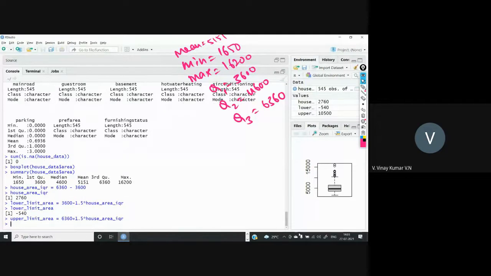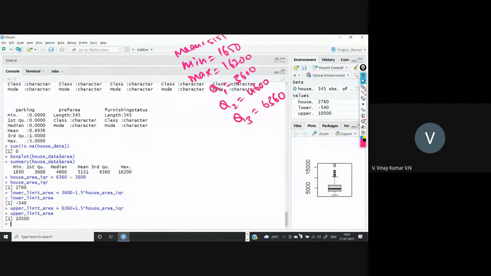The upper_limit_area I'm getting is 10,500. So values less than minus 540 and greater than 10,500 we treat as outliers, and we have to remove those outliers.